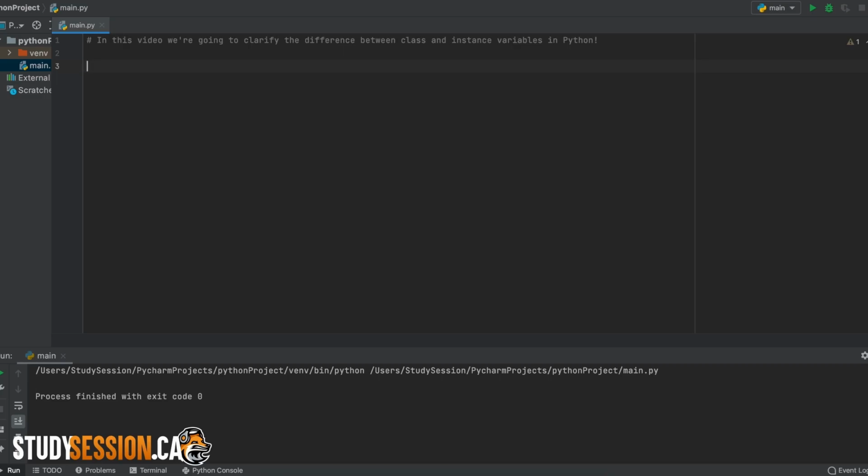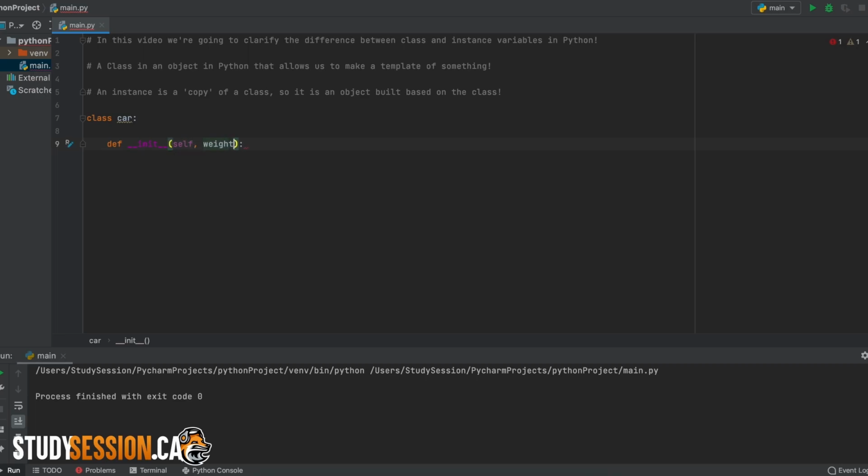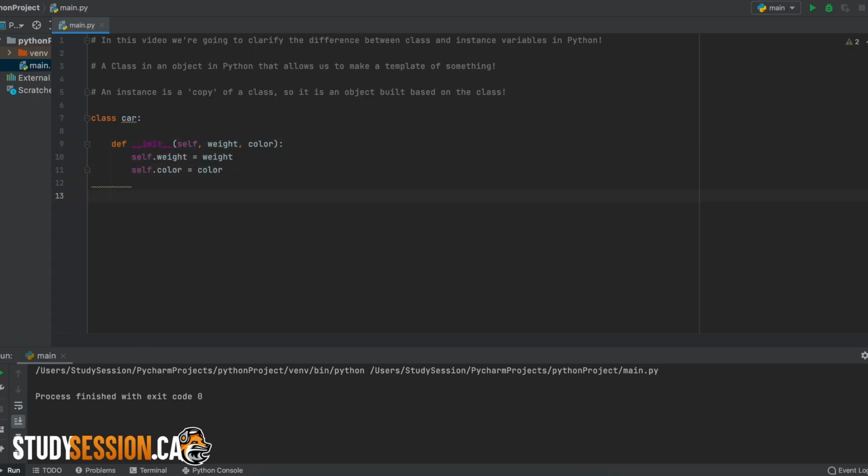So, quickly, a class in Python is a type of object that allows us to create a template of literally anything we want, whereas an instance is a copy of that class, just with the values filled in by whatever makes that instance different from another instance of that same class. So, we can think of some things that we would tell someone if we were describing a car. Things like the manufacturer, the color, the year, the mileage, the number of doors on the car, things like that. And that is our class. Whereas an instance takes that template generated by the class and actually gives it values. So it could describe a 2015 Honda Civic, for example.